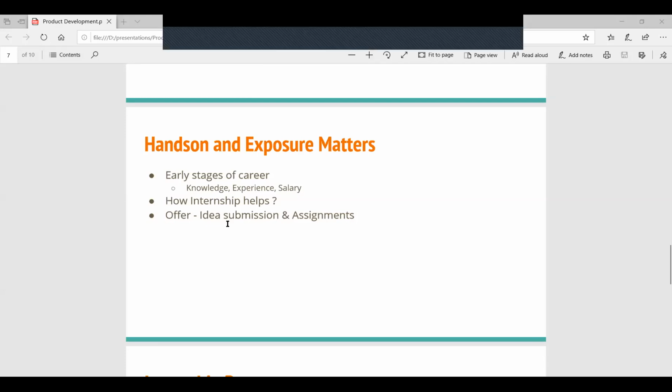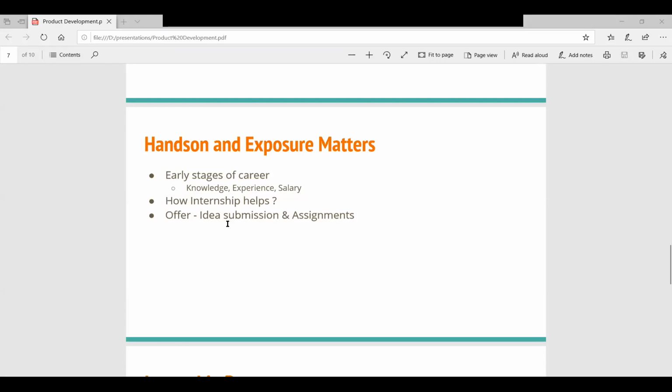So how does an internship help for hands-on experience and exposure? That's the most important thing. In an internship, you will not get any salary. Okay, you will not get any stipend. So first of all, you are focused only on knowledge and experience. Okay, so when you are focused on knowledge and experience, you are more motivated to keep learning and focus on